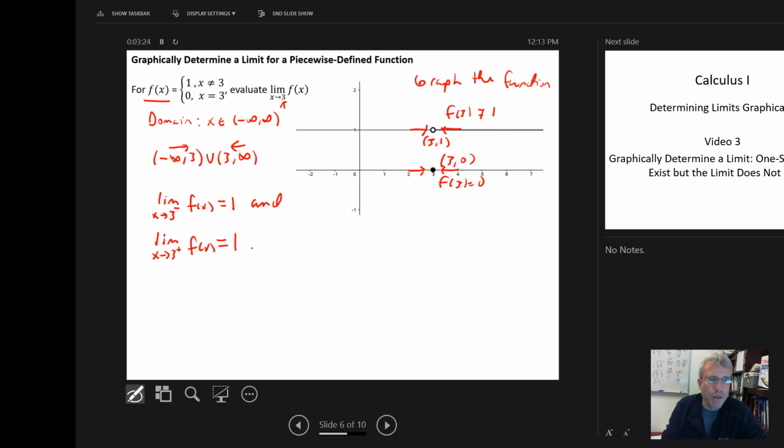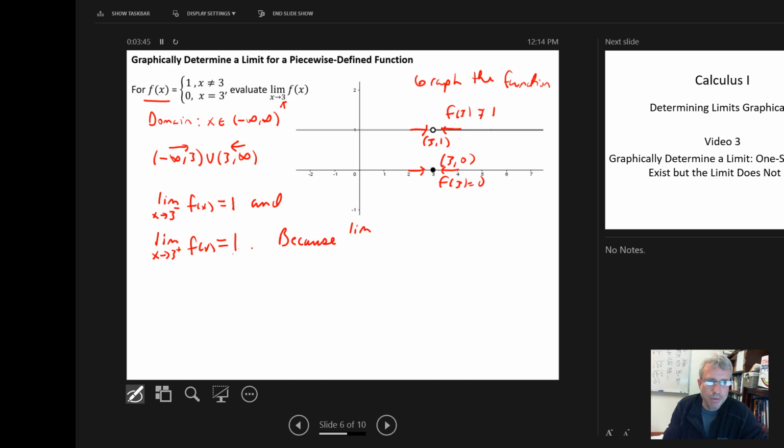Once we've found the two one-sided limits, the left-sided limit and the right-sided limit, we can draw a conclusion. We have to ask the question, are they the same? And they are. They're both equal to 1. And is the 1, the limit, a real number? It is, which means the limit exists. So now we can draw a conclusion. We can say because